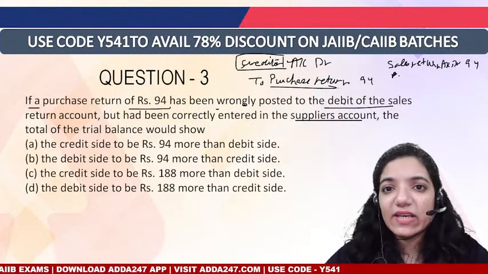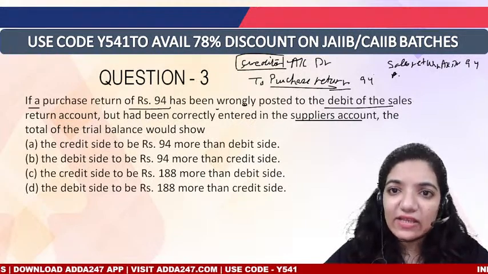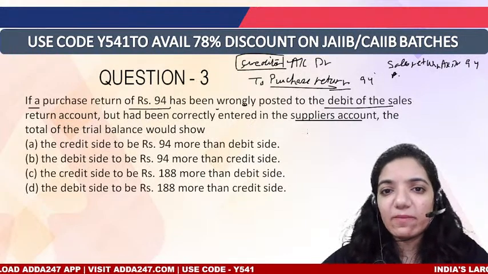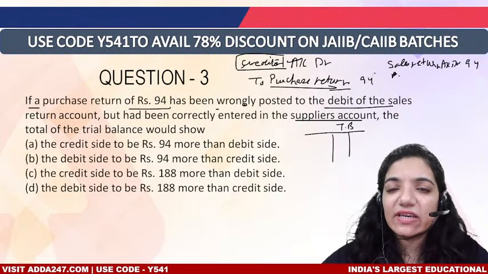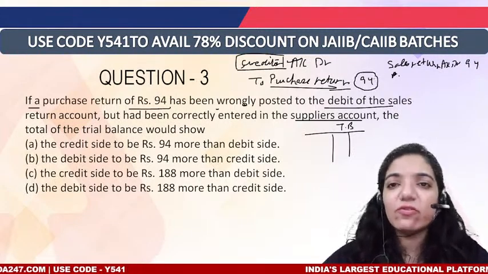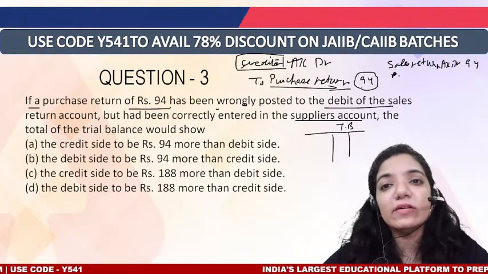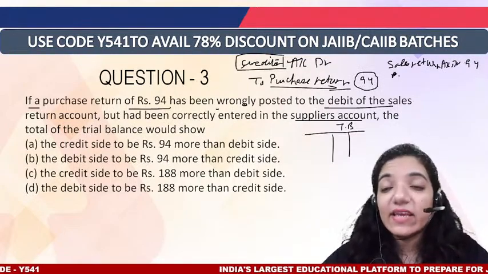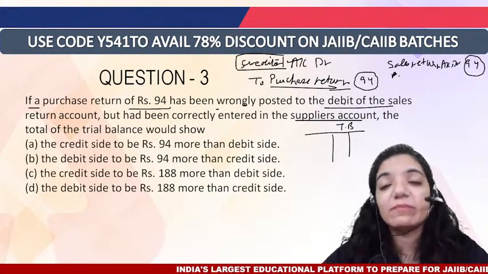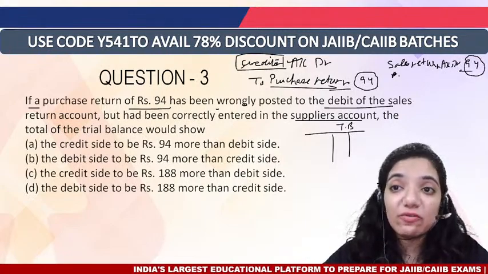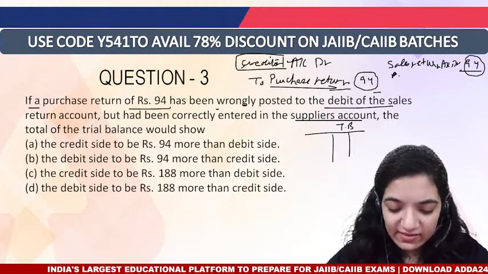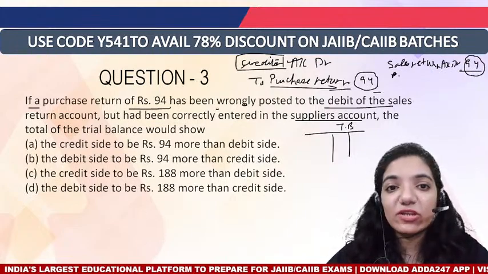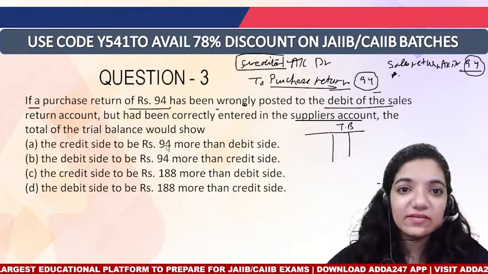The point is, the sales return area is now, that is, if I prepare the trial balance. Now, let's take the trial balance there. There's a mistake. First of all, this 94 is not shown on the credit side. Secondly, it has been shown on the debit side. That means the debit side is way more than the credit side. The exact mistake is there. So, in this mistake, what is exactly happening is